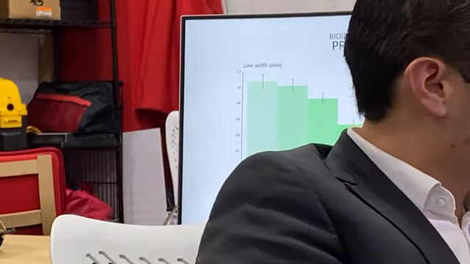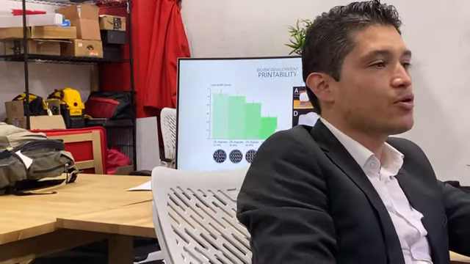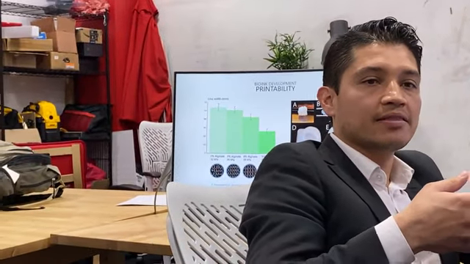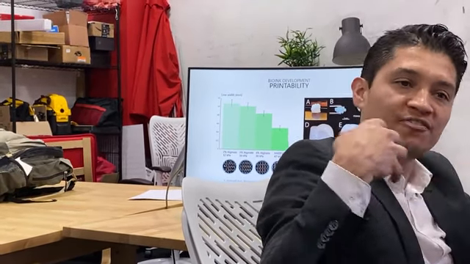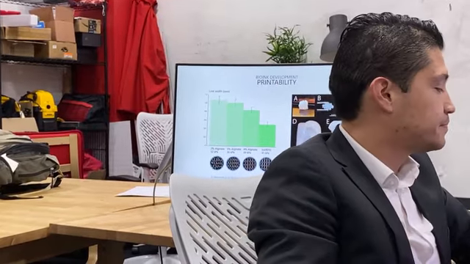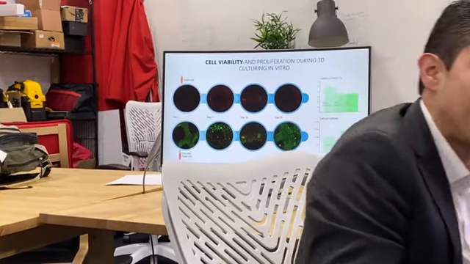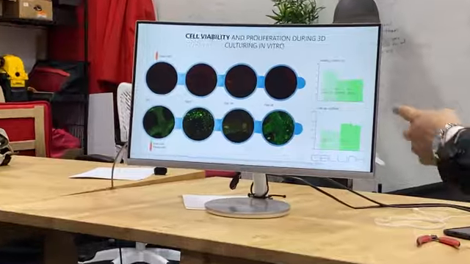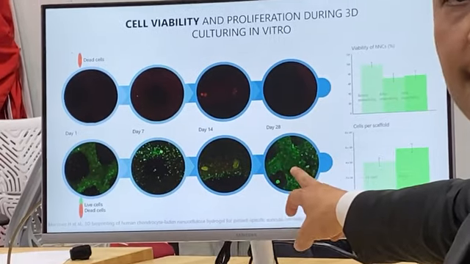Now you have to take into account what printability means when you are using biomaterials, right? It means that you have to keep the structure, the integrity of the shape that you are printing, but not only that, you have to keep the perfusion of media through the biomaterial. And you have to prove that the cells can stay alive during the printing process. As you see here, some cells are dead and some cells are alive,